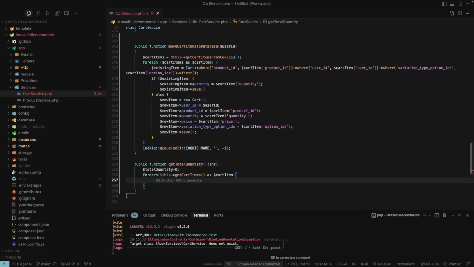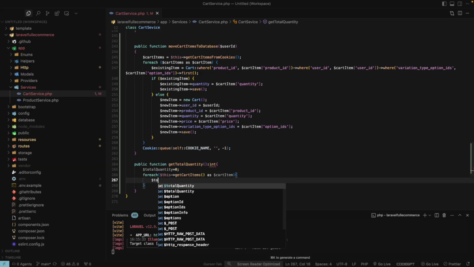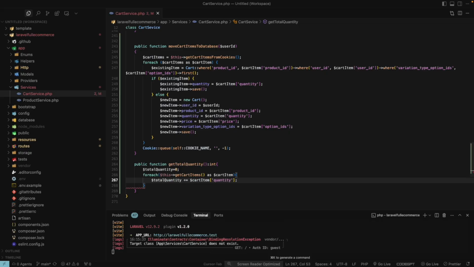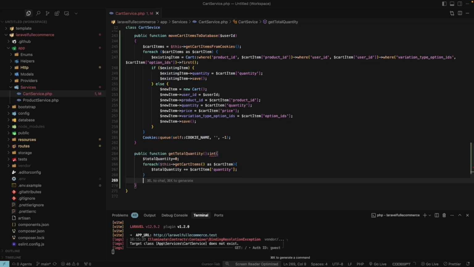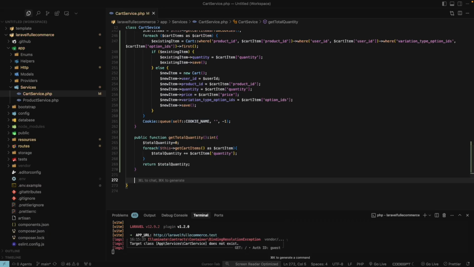Okay, that means total quantity plus cart item quantity and return total quantity. All right, same on the public